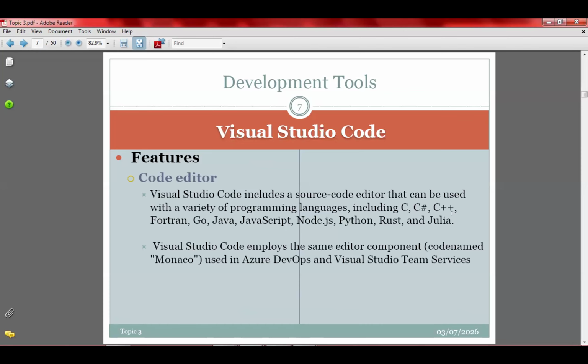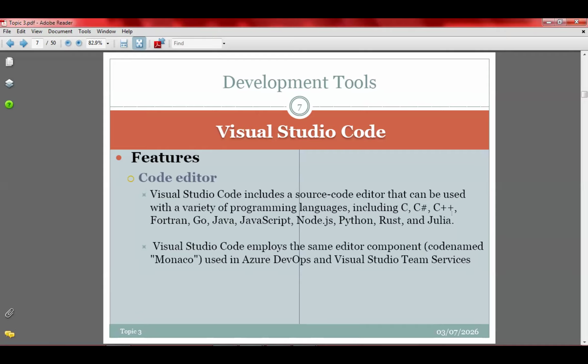So VS Code has what you call what? The code editor. The code editor, please, I am starting the next machine. So I'm going to show you the code editor in VS Code. Just a minute. Just a minute. Just a minute, okay. Then I'll show you the code editor in VS Code with the other machine.